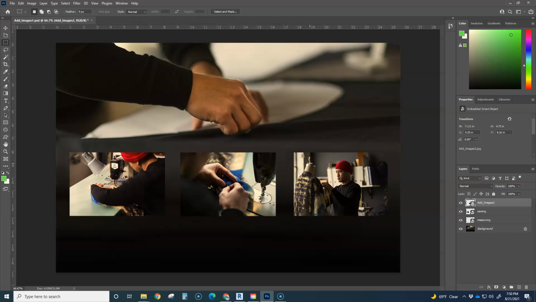But that's how you bring in an image. You can resize it, rearrange it, and we'll see you in the next